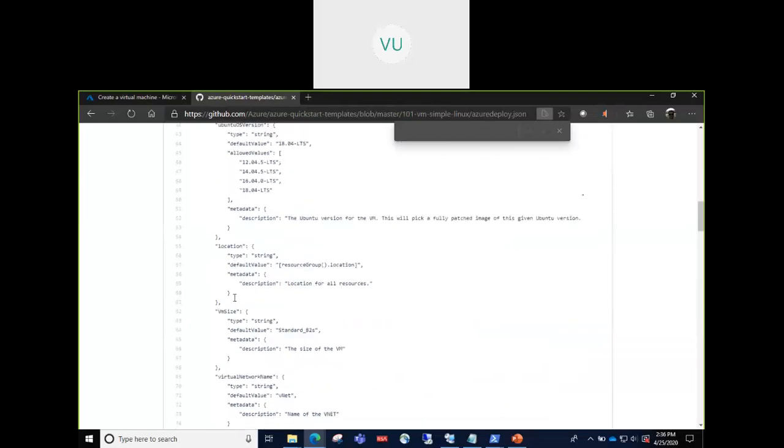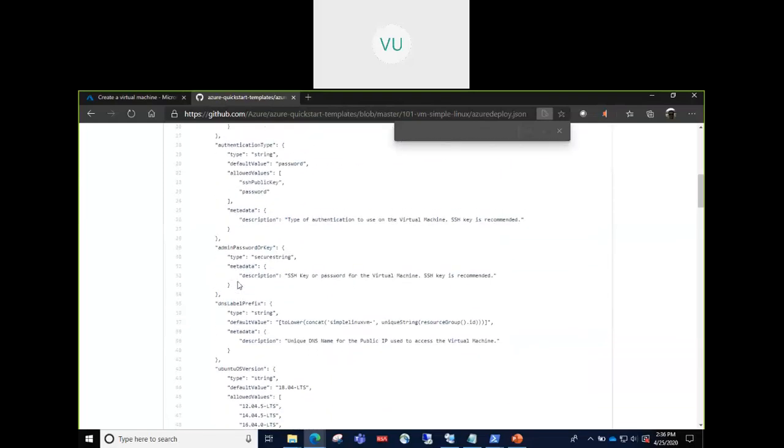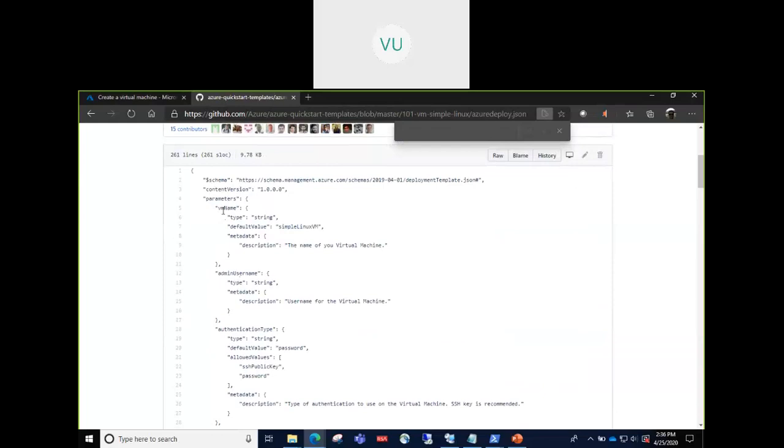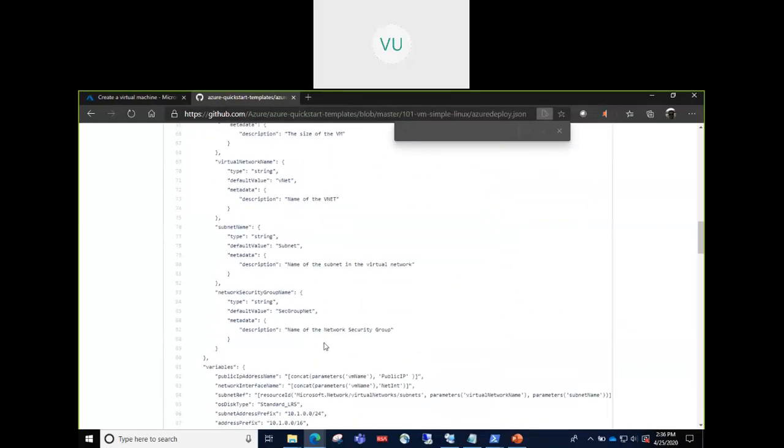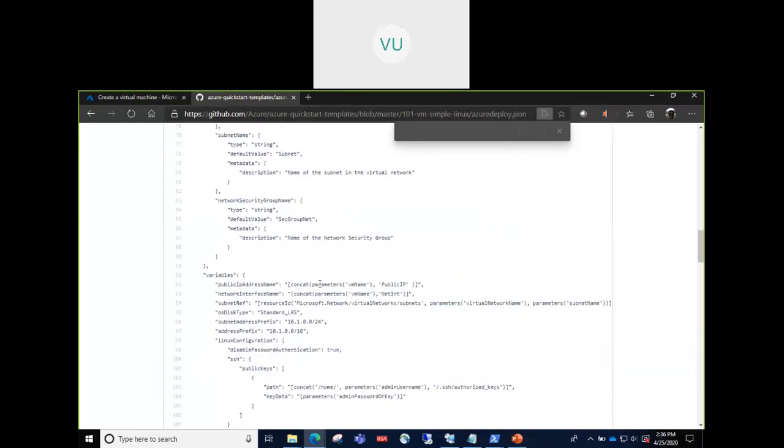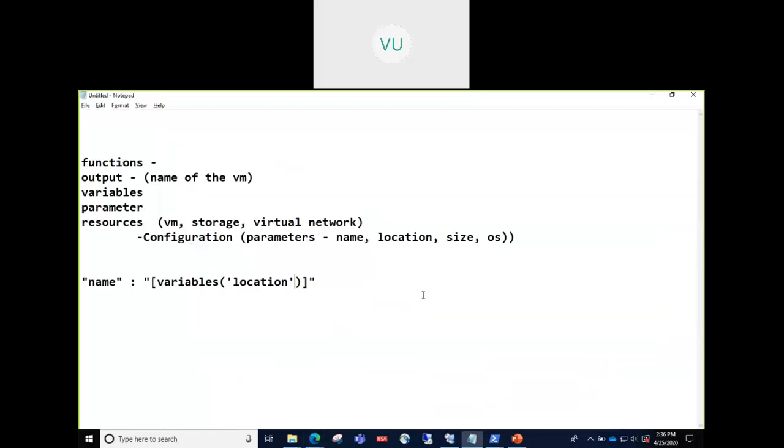It is the same way to use parameters. If I have to use parameters, I use these brackets, then say parameters, and then in these brackets I specify the name of the parameter. In this case, it would be VM name, like this.